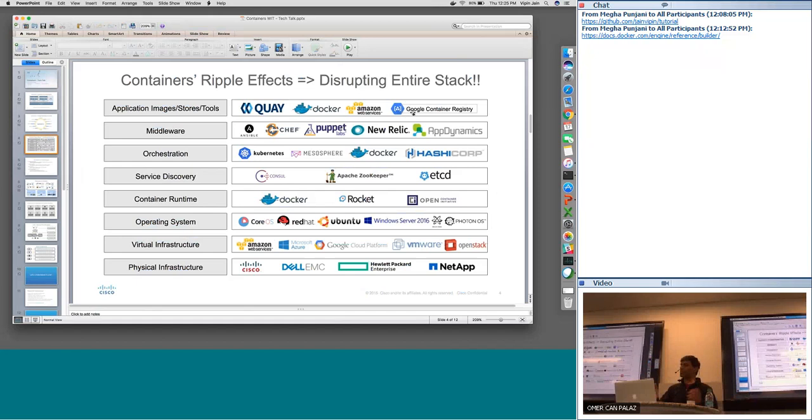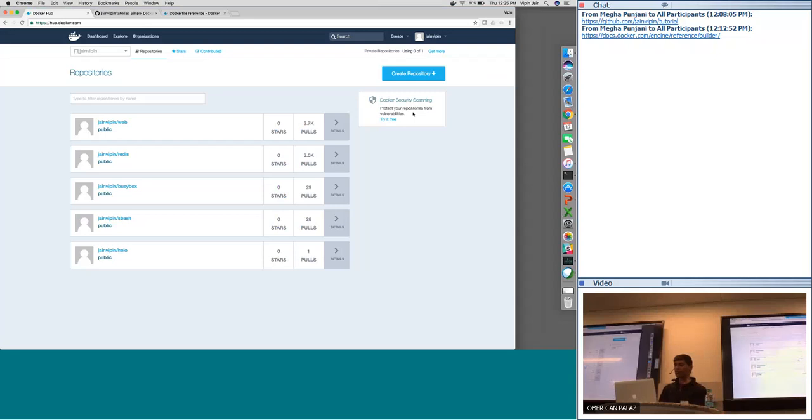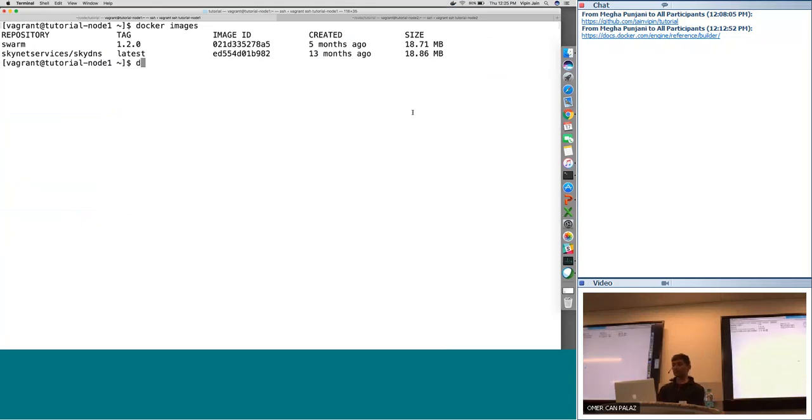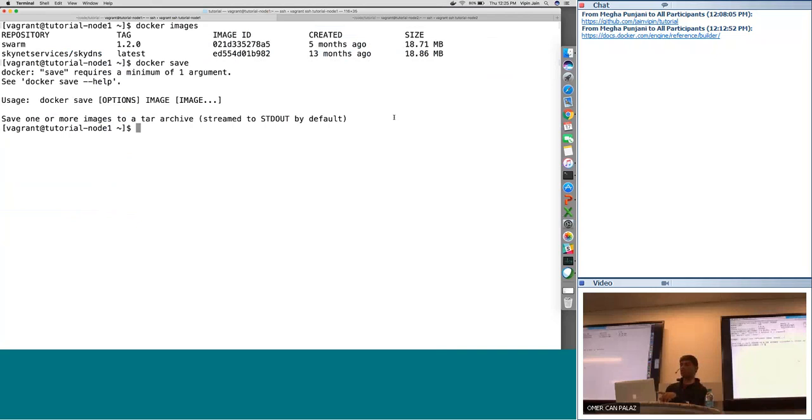It doesn't have to be these big guys. Serpil was asking where is it safe? You can actually tarball that image and save it in your separate secure locker file system if you want to. So there's nothing that you have to save it in one place. But in order to do that, you have to export that image using the Docker save command. So you can give Docker save and say this is the image I want to save.